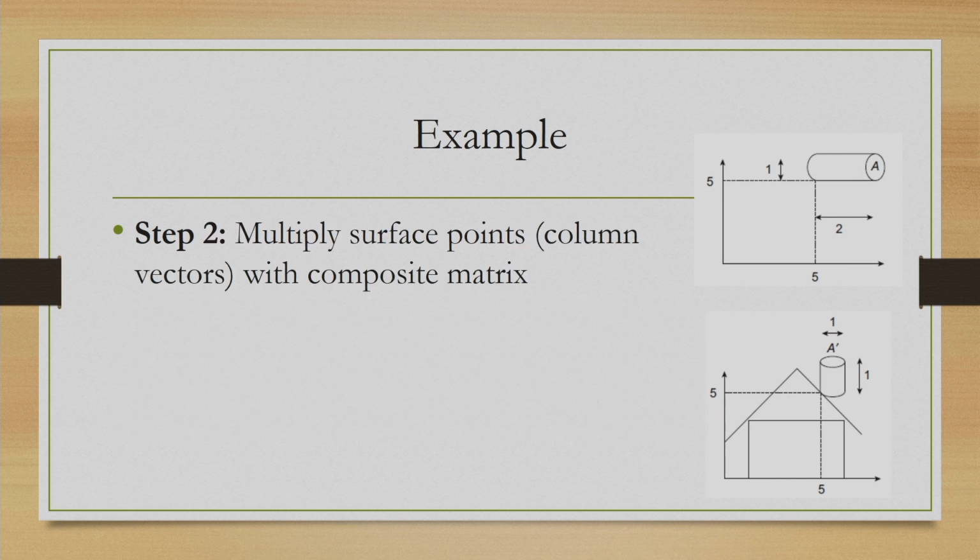And after getting the composite matrix, we will follow the same steps, that is, we will multiply the surface points, say this point suppose, or any other surface point, with the composite matrix to get the transformed point,